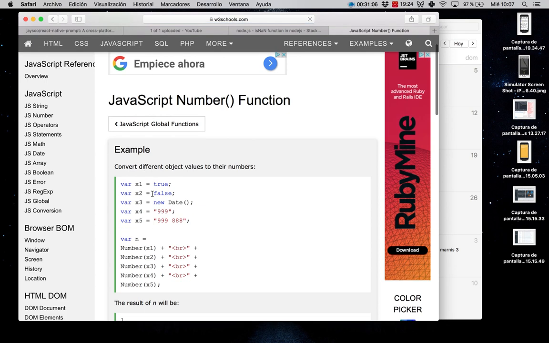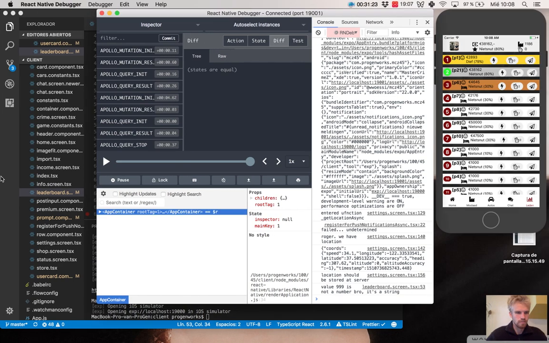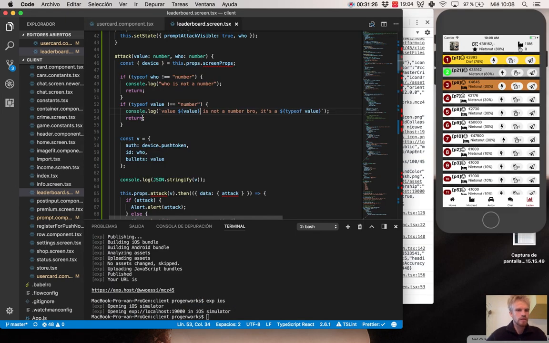So Number casts it to a number. Yeah, that's awesome. So that's what I need. So I don't even need this check anymore, I think. Or, well,